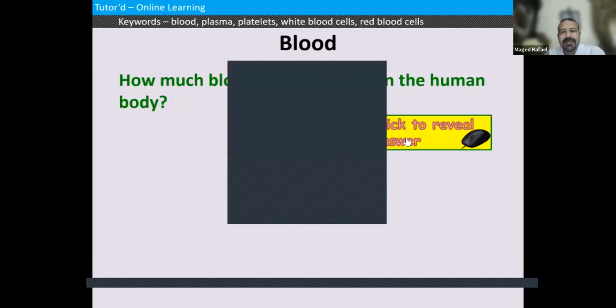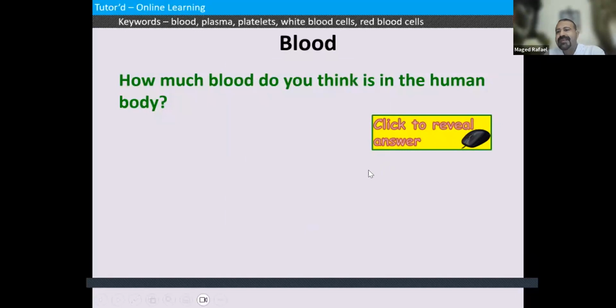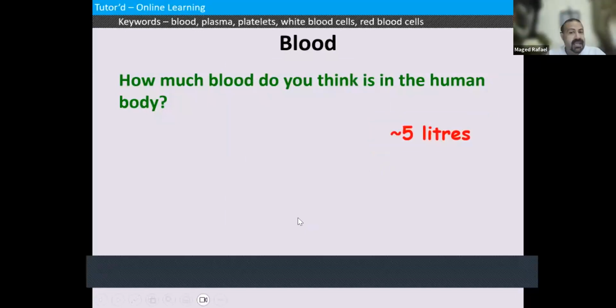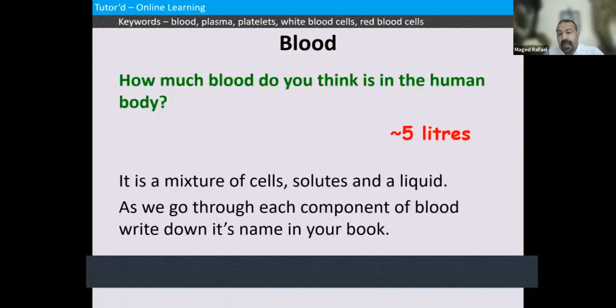Okay, so it's around 5 liters, or I can say from 5 to 6 liters. This is fine. Biologists imagined that the blood is a liquid part of the body, but recently in our biology books, we realized that the blood is a type of connective tissue. Based on the definition of a tissue, a group of cells working together, we can say that the blood is a tissue because it has red blood cells,